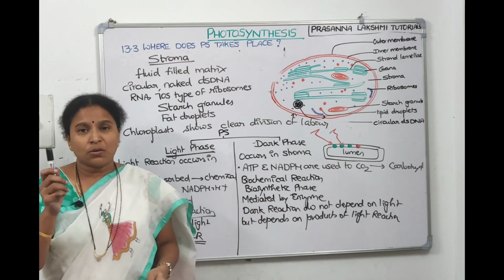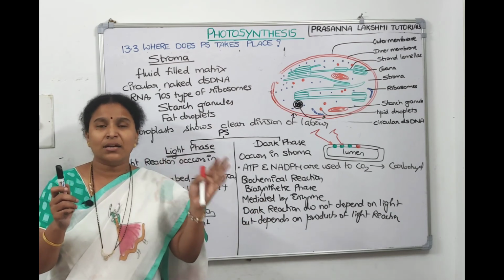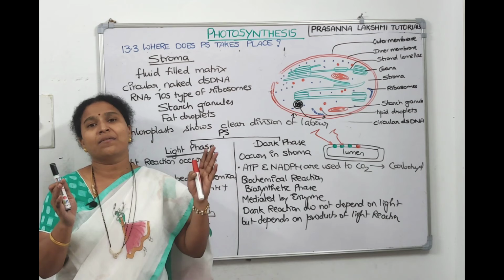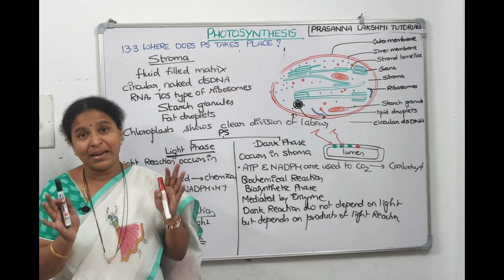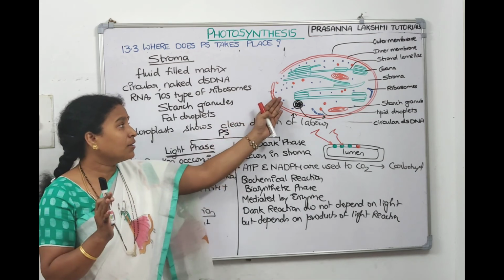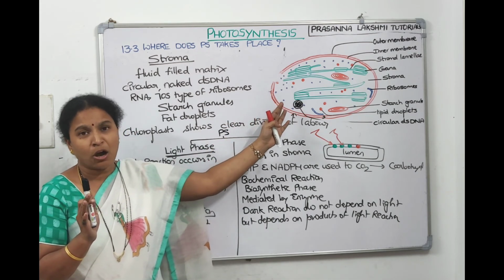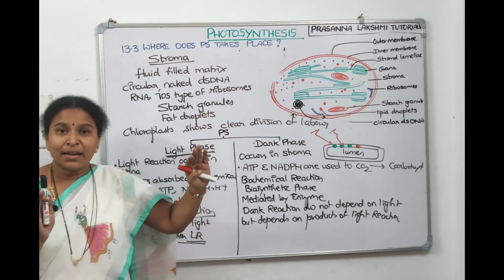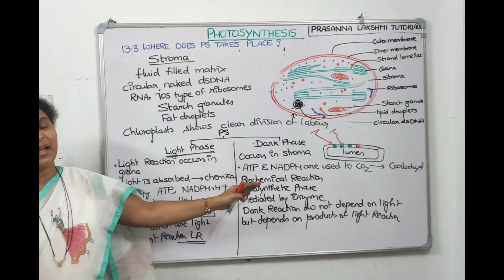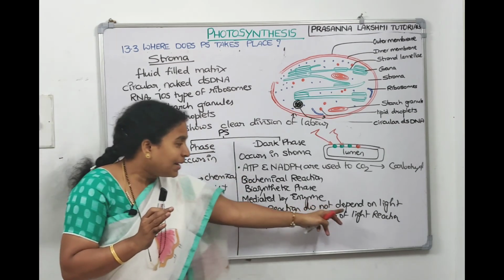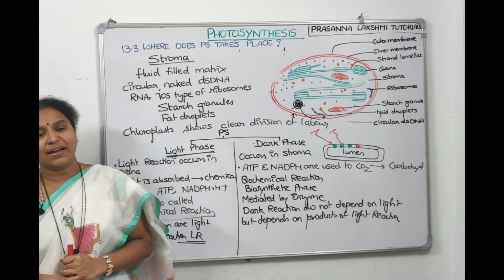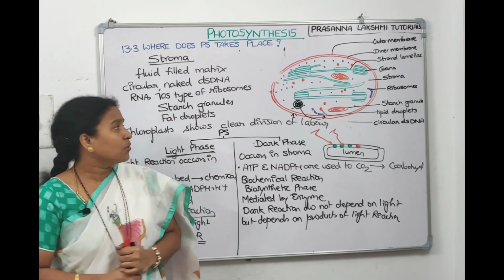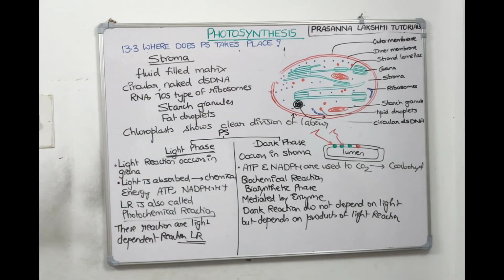It's not like that. Light reaction, dark reaction, light reaction, dark reaction, simultaneously they will occur. But since the dark reaction doesn't require light, because pigments are not there in the stroma to absorb the light, and it uses the products of the light reaction, it is a light independent reaction. Understood, children? So take a screenshot, we will continue.